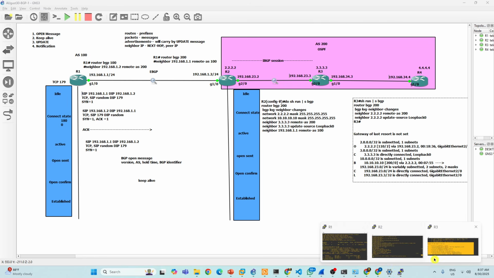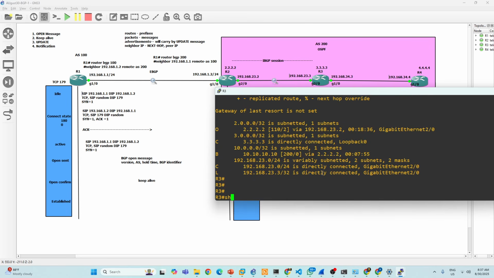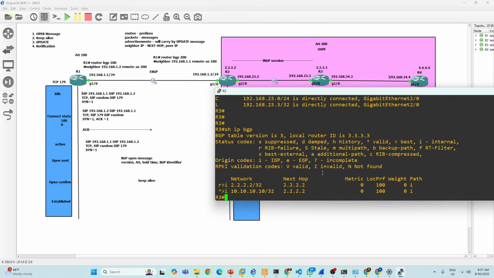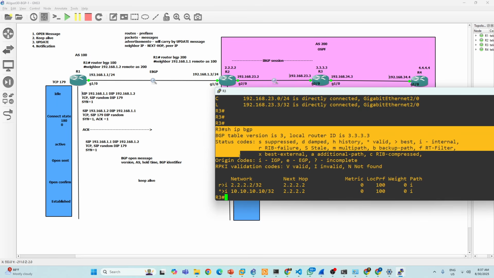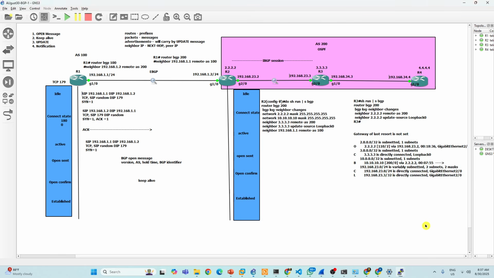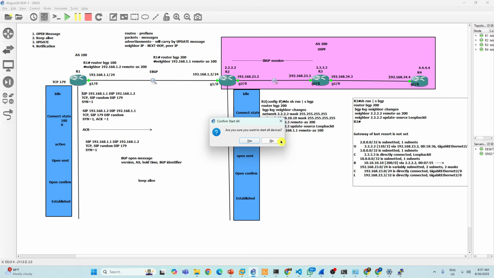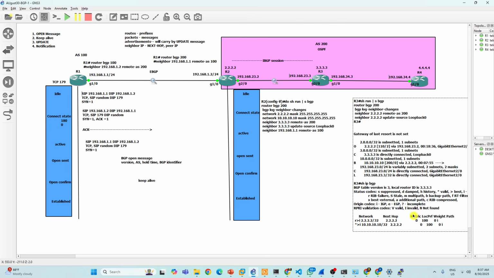Guys, please remember, for BGP we have a separate table called the BGP table. It shows exactly which peer it is learning from; every piece of information is there. Keep that in your mind and always check all these commands.